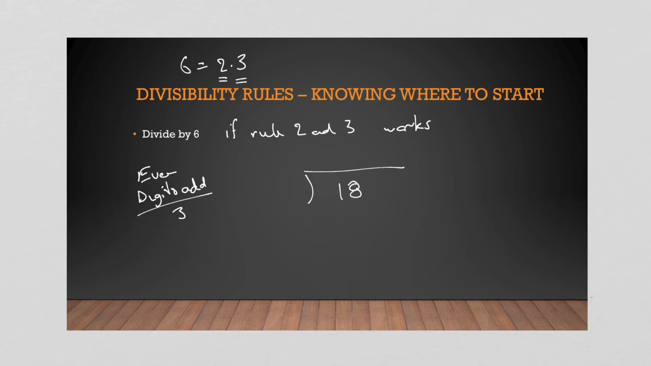9 divides 3, so we can divide it by 6 because it satisfies both 2 and 3. So 6 goes into 18 3 times. Let's get a bigger number here. How about